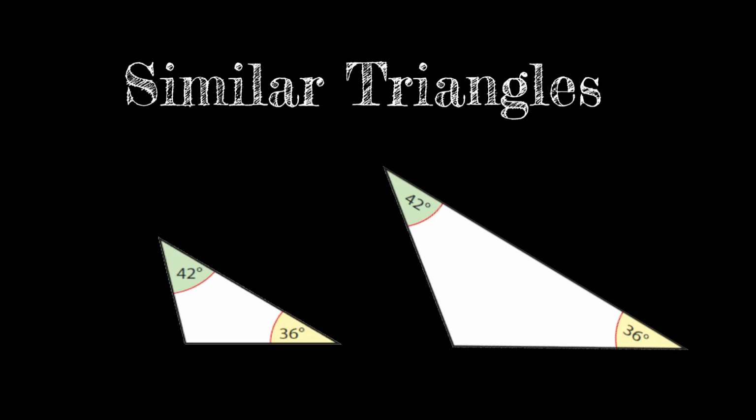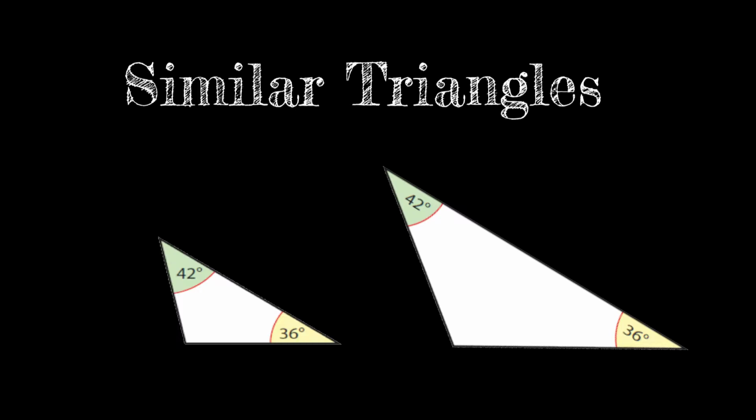So what we're looking at here is similar triangles, and similar triangles are basically just where one triangle is an enlargement of the other. You can see here that these triangles are the exact same because they have the same angles. Obviously, angles in a triangle add up to 180, so I would be able to work out this one here